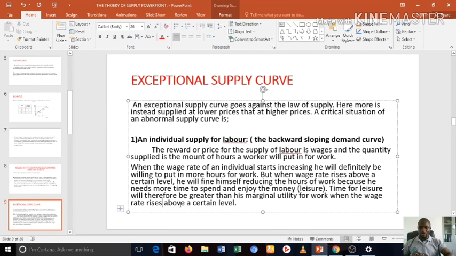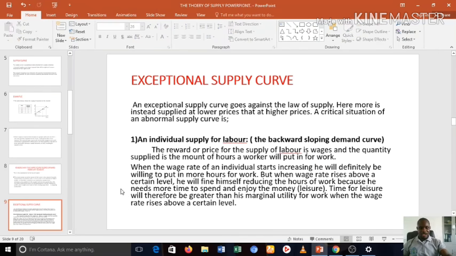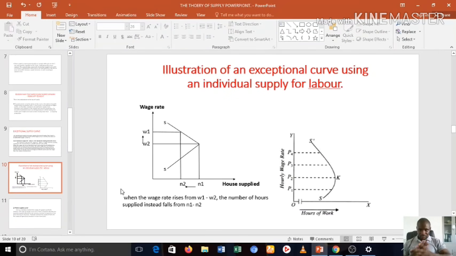So let's look at an illustration of the wage rate or the individual supply of labor. Illustration of an exceptional curve using an individual supply of labor. Now, this is the wage rate, which is allocated on the price axis, and this is the hours of supply for labor, or the hours supplied for work to be done, allocated on the quantity supplied